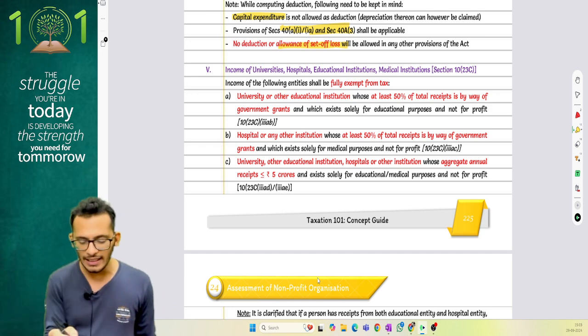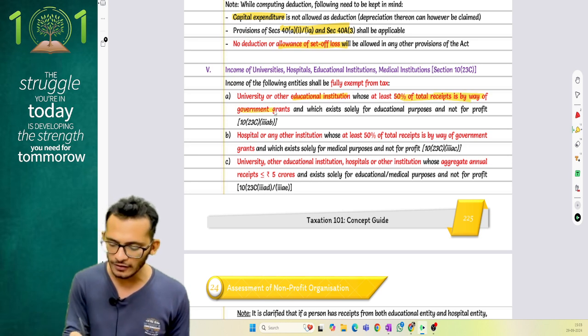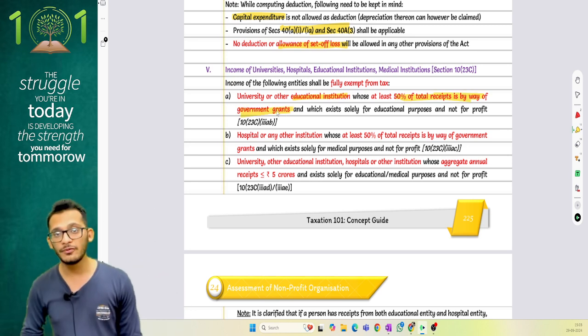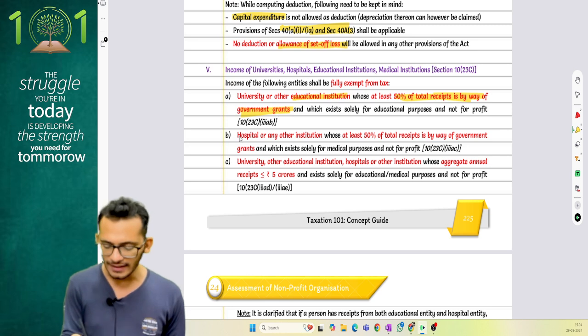First is coming and saying any kind of university or educational institution whose at least 50% of the total receipts is by way of government grants, meaning a fully government aided fund where 50% of the grant is coming from government, these entities are fully exempt from taxes. Second, any kind of hospital or other institutions whose at least 50% of the receipts is again coming from government grants,